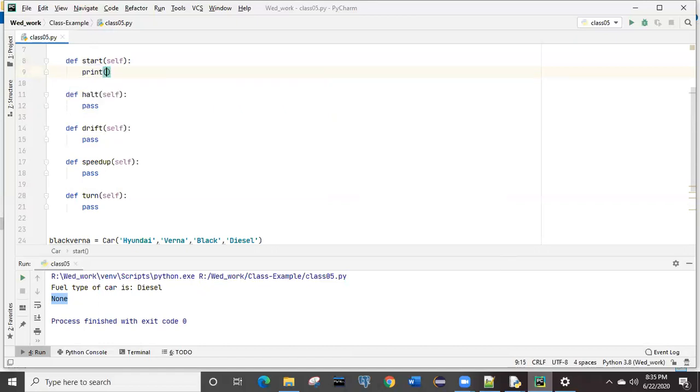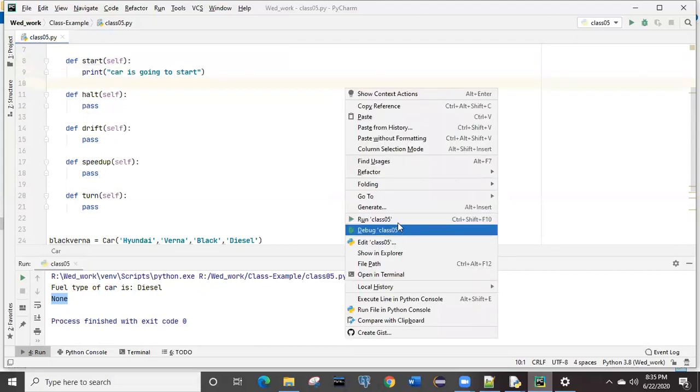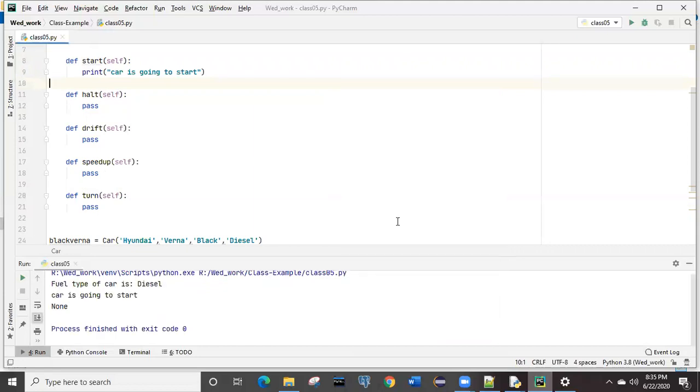Let's see what the output could be. Car is going to start. You can give a meaningful name and message also. Now if you call the start method, the content within that start method is executed.